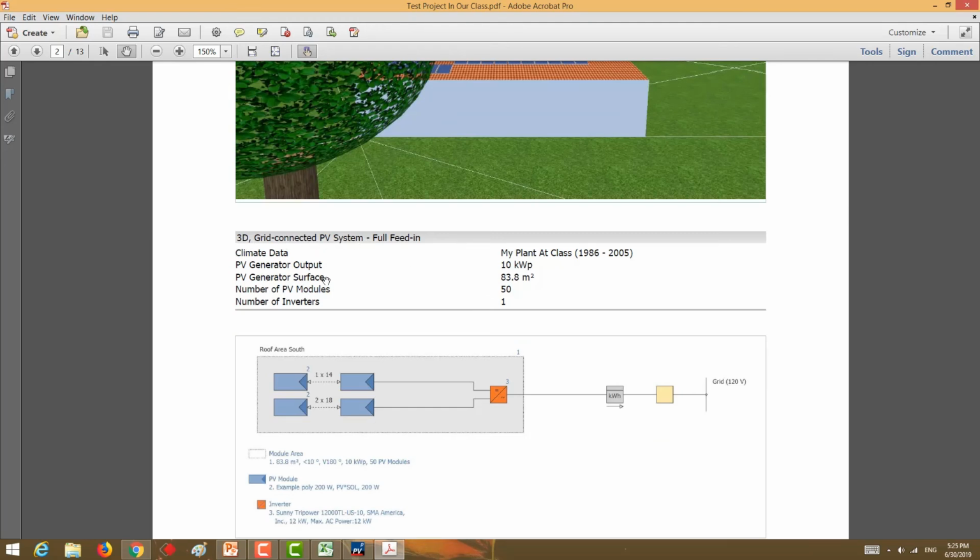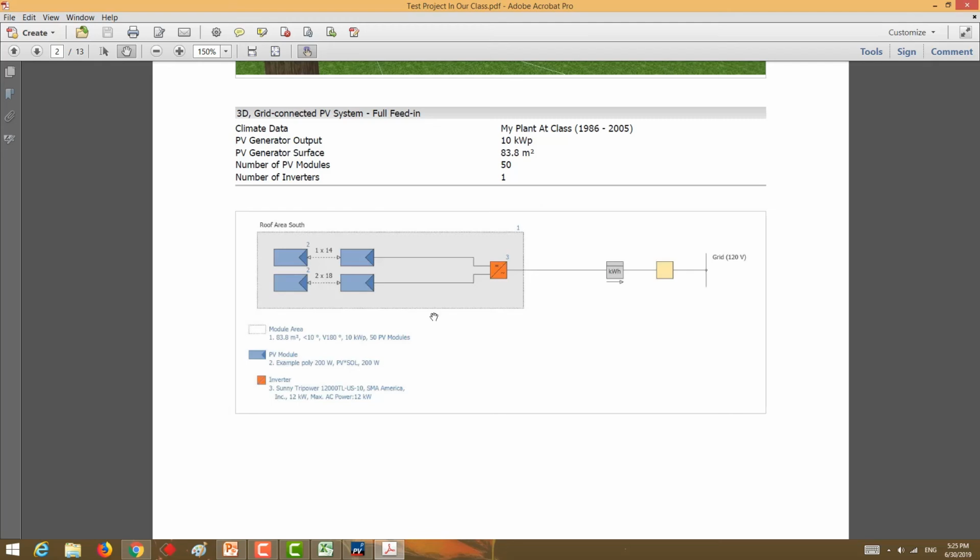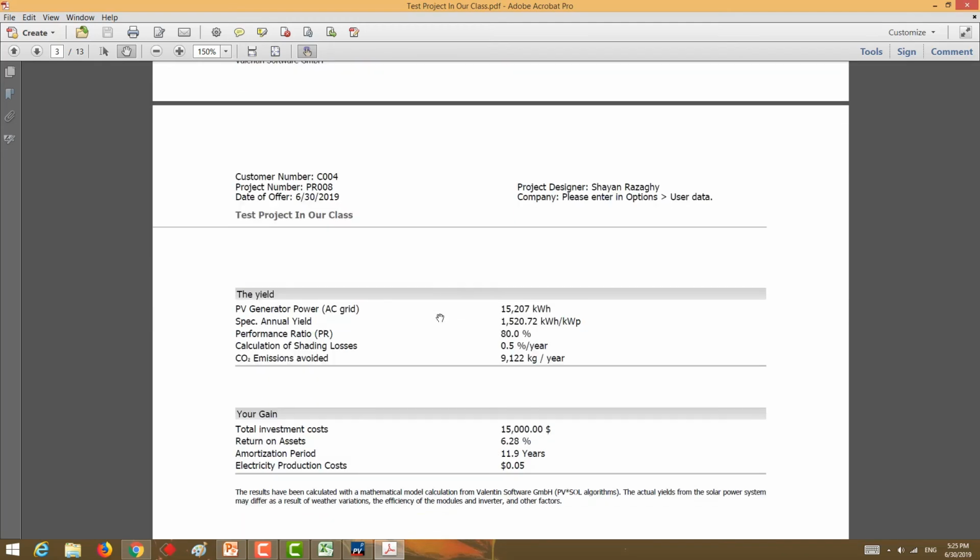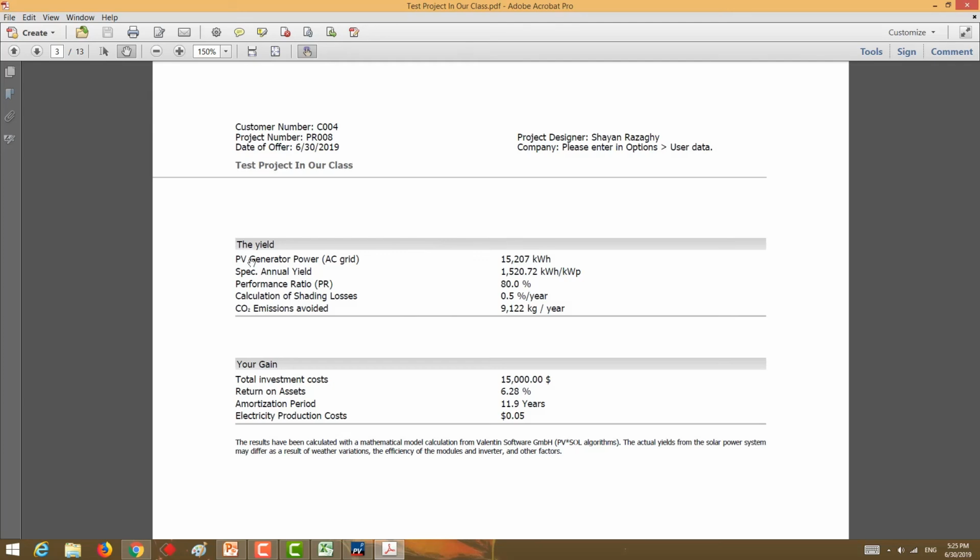This is our system characteristic. Actually, it's a 10 kilowatt power system. The PV generator surface is about 84 square meters. We have 50 modules and 1 inverter. This is the single line diagram. And we will have the total yield. This is the most important factor that the software simulates for us. And we will have the specific annual yield, which is a great important